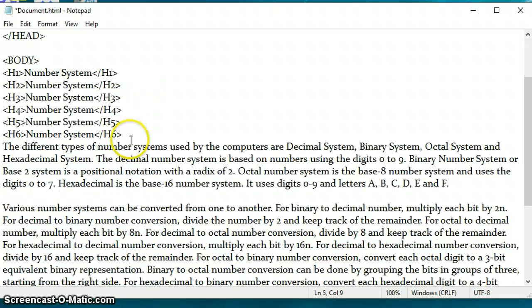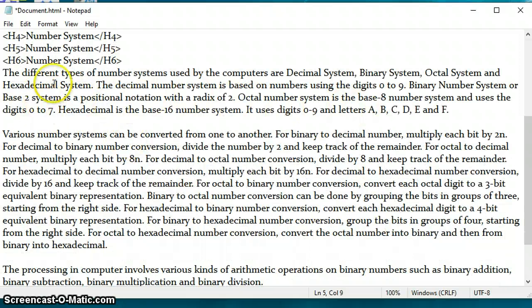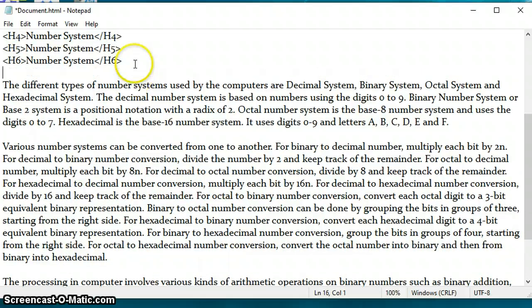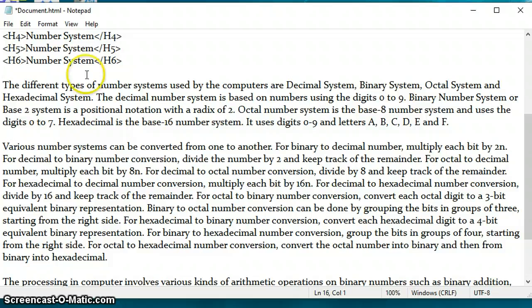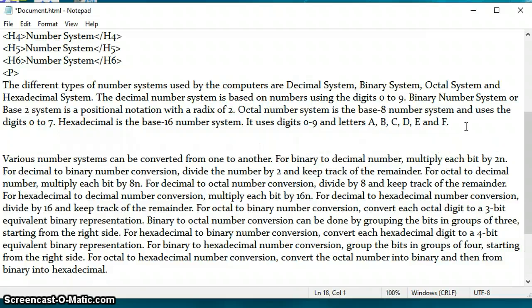Okay. Now, the next tag which I am going to tell you is the paragraph tag. For the paragraph, we use the P tag. This tag helps the web browser to identify a paragraph.